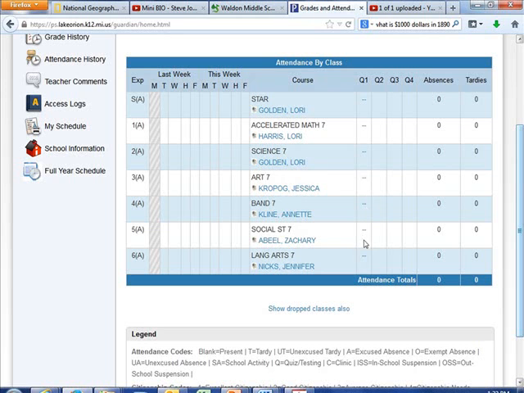For Ms. Nix and I, you will never see a current letter grade. Unfortunately, because of our 4-point system, PowerSchool cannot calculate that, and it cannot put a current letter grade in that spot. So, in order to find out how your student is doing in class, you need to click on the dash. If you want to find out how they're doing in social studies, click on Mr. Abil's dash. If you want to find out how they're doing in language arts, click on their dash. Once you click on the dash,